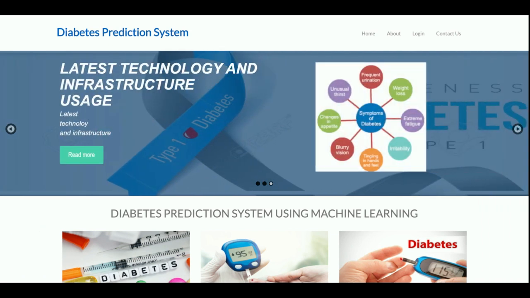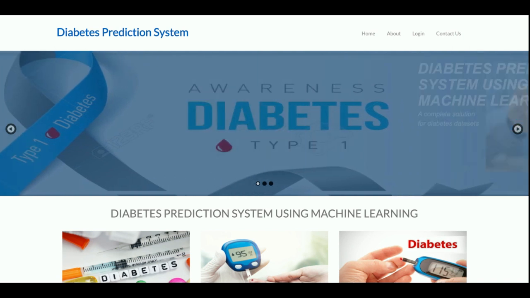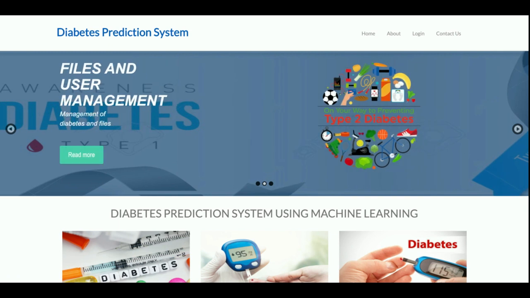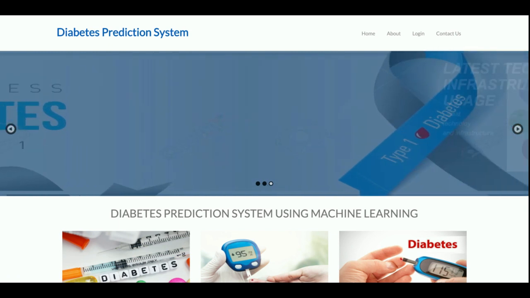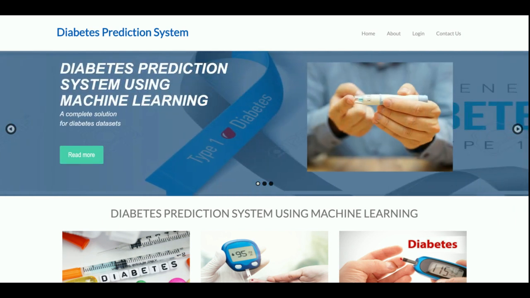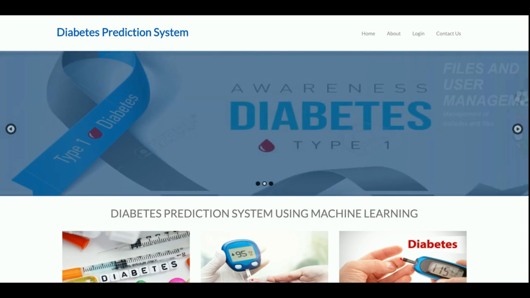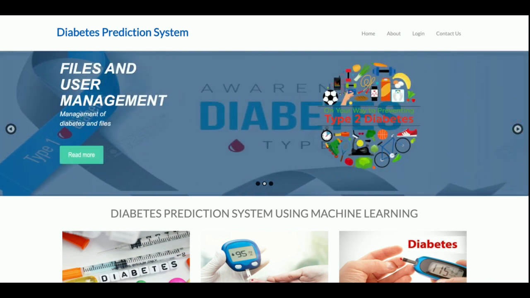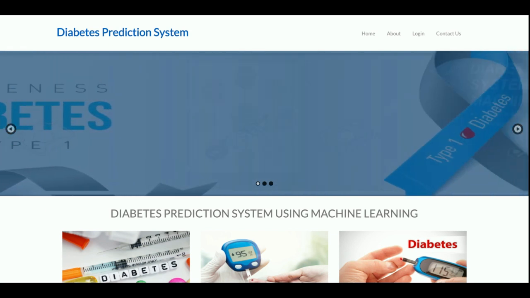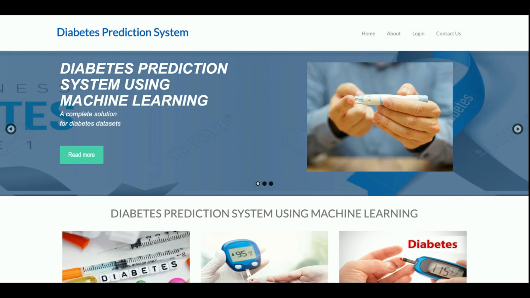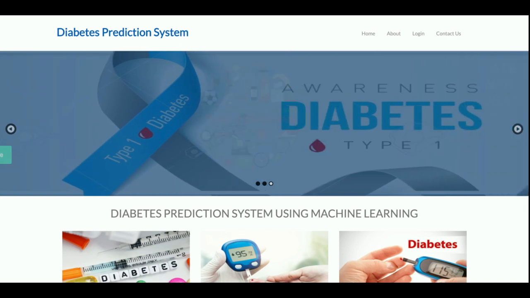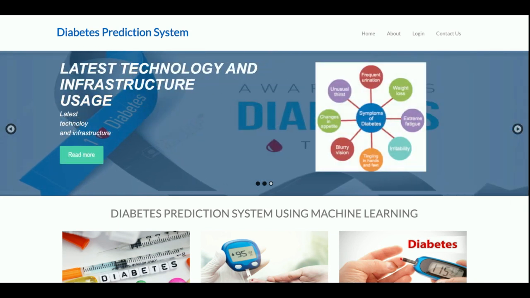I have implemented six types of algorithms to predict whether you are diabetic or not: naive bayes, logistic regression, random forest, KNN, and decision tree, right? I have used all these algorithms to train the data and predict whether you have diabetes or not on your input data. Whatever data you input, the system will predict whether you are diabetic or not, right? So let's start with the functionality walkthrough.